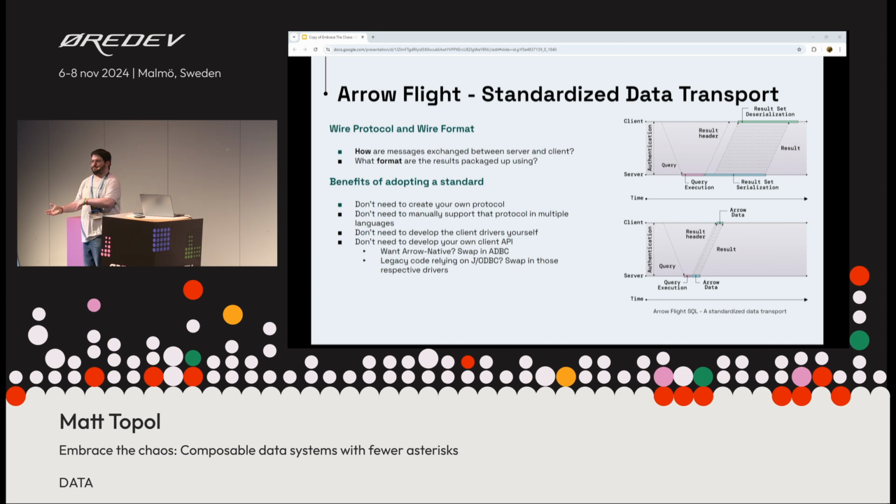Now, transporting the data across networks. The Arrow project provides Arrow Flight RPC, an RPC protocol for data transport. If you don't want to use Arrow Flight RPC, you can use standard REST calls and just pass Arrow data that way. And it works, because you're avoiding the serialization and the deserialization. But the point here is not that you should definitely always use Flight. The point here is picking a standard protocol.